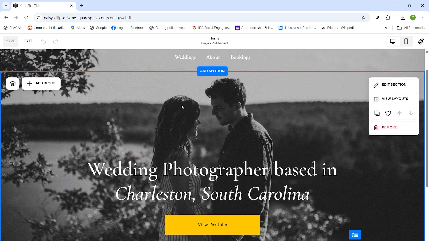When you're happy with the changes, continue editing page by page until the site reflects your portfolio. That's it. You've gone from a blank slate to a polished